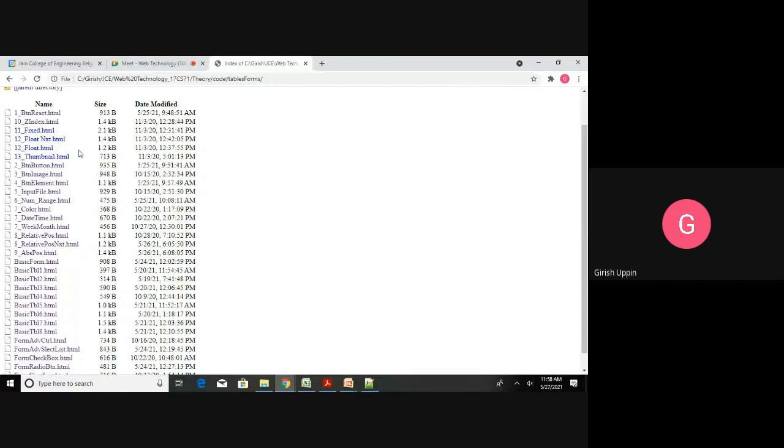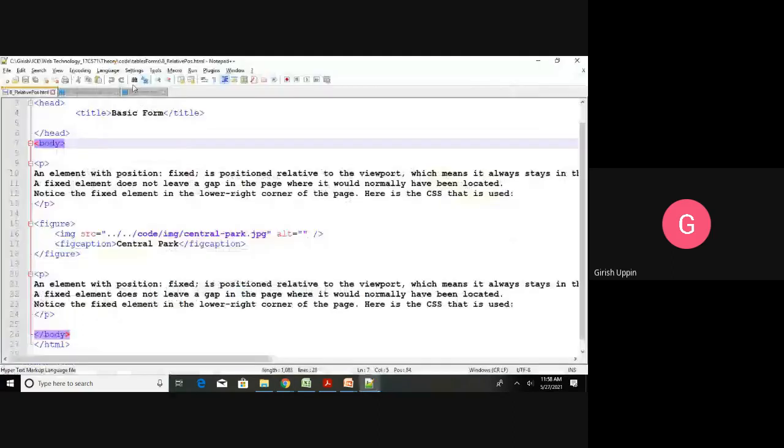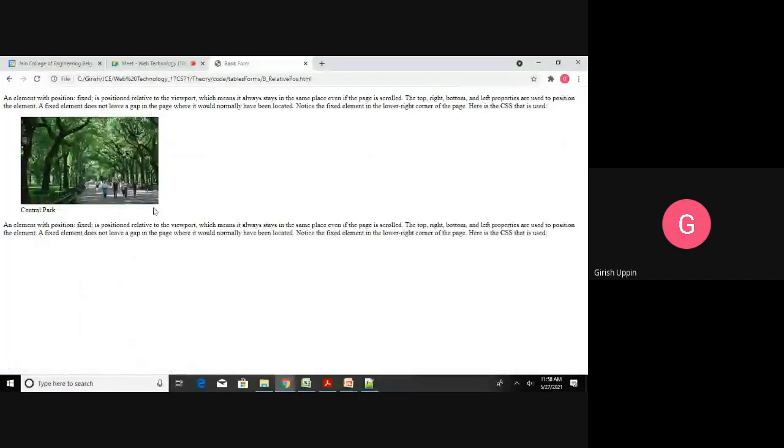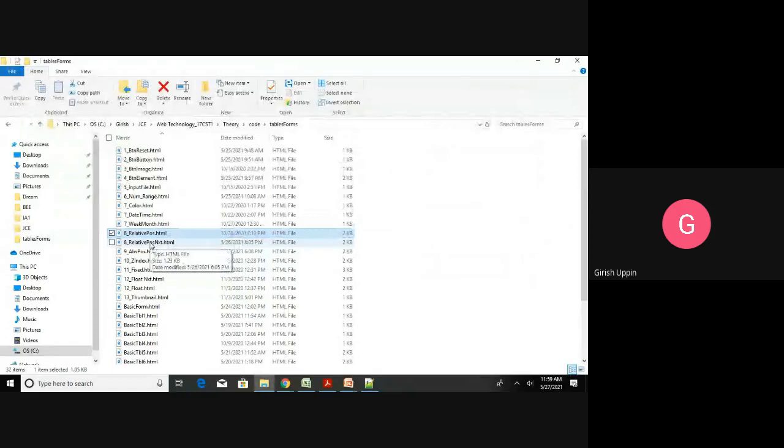Okay, this is the HTML. So this is how it will look. You can see this is the normal flow where this paragraph is a block element, this is a block element, and this one is a block element. So they are positioned top to bottom. Now we will see this one, the position next element.